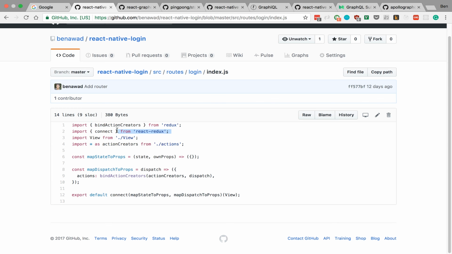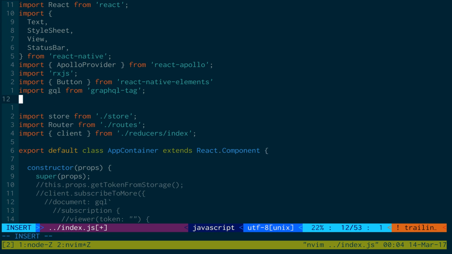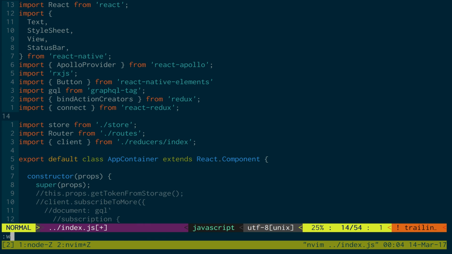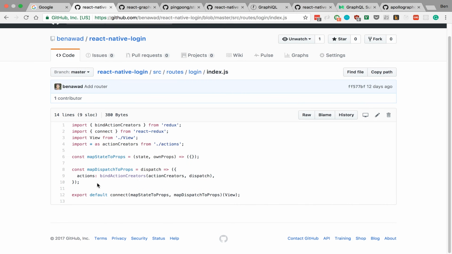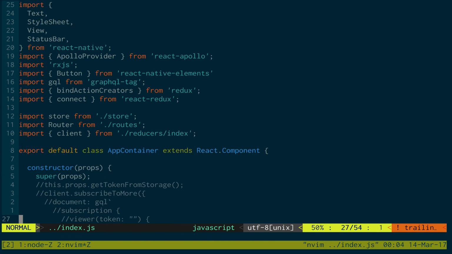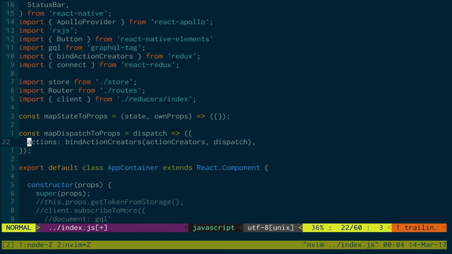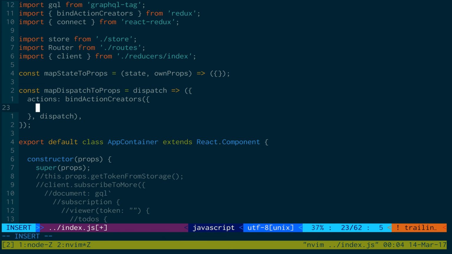There we go. Create those two guys. Create two functions here. One of the actions is going to be,